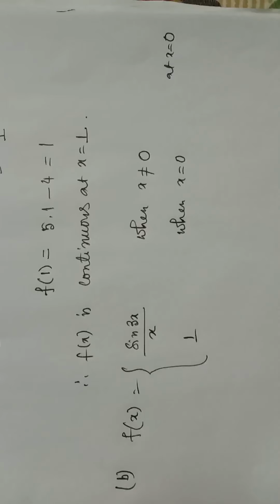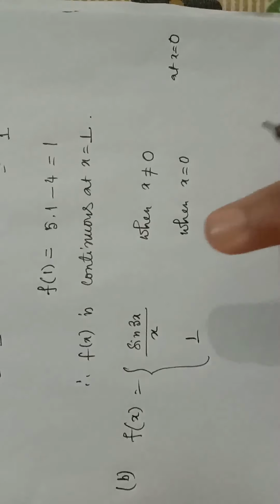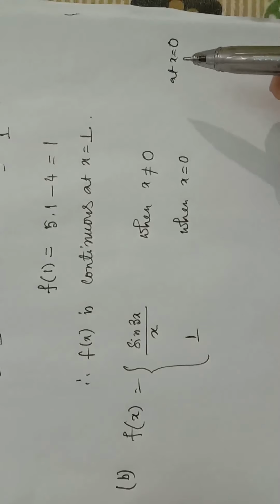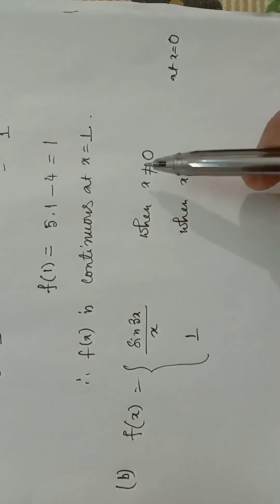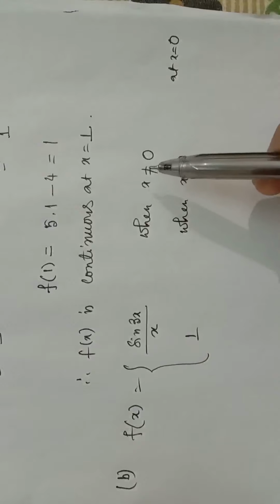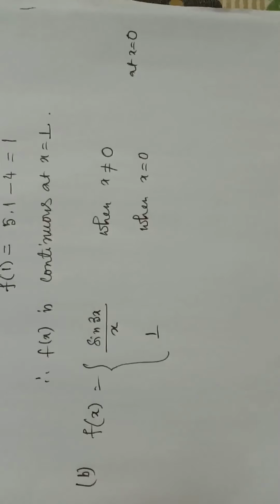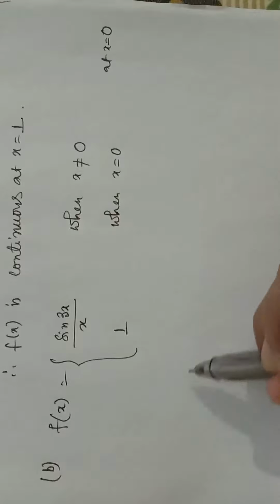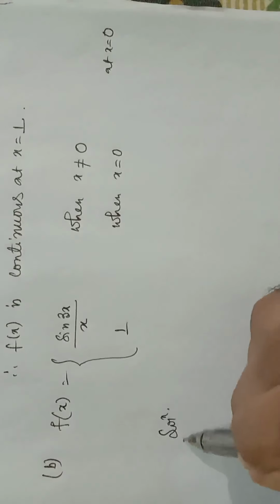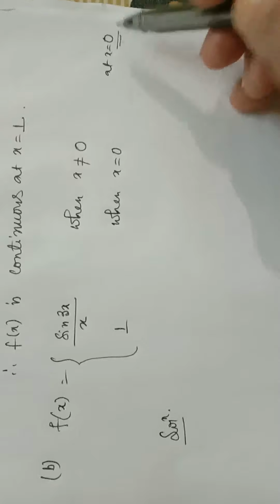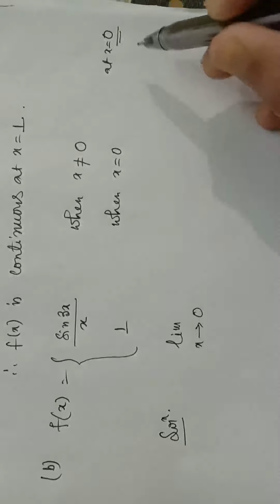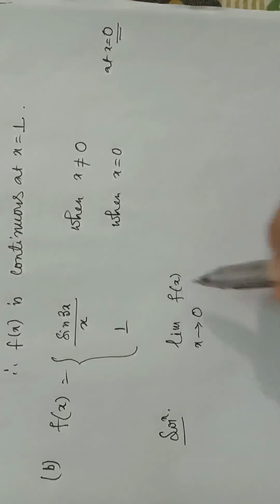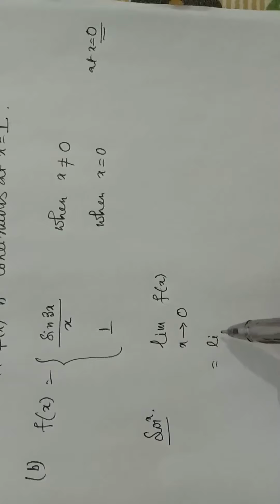Now our next question is to test the continuity of the function at x equal to 0, whether this function is continuous or not. You can see the form of the function is equal to, not equal to. This is not given in split form, so we will use the second form of the formula. We will find the limiting value. As we have to test the continuity at x equal to 0, we will write limit x tends to 0 of f(x).